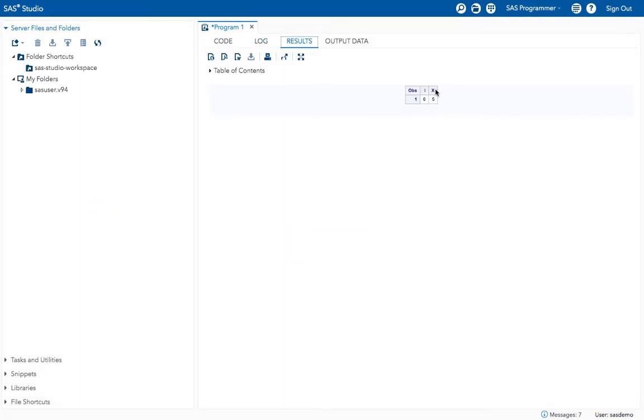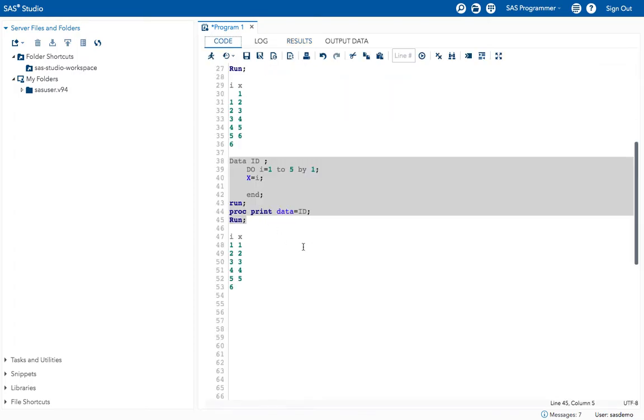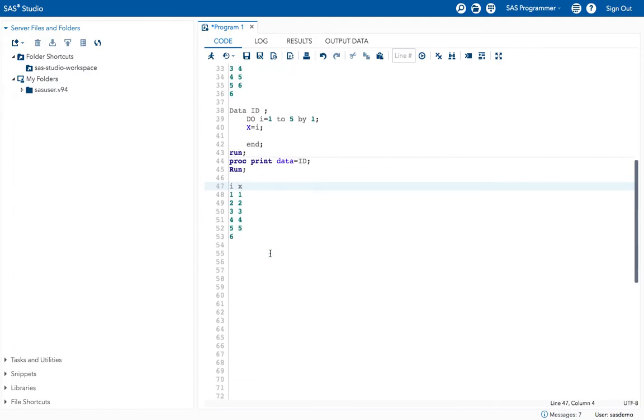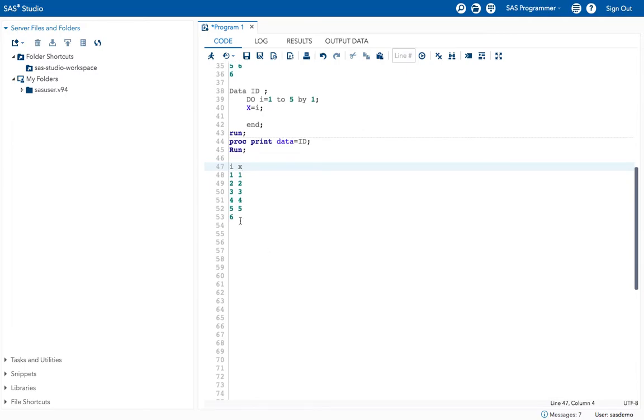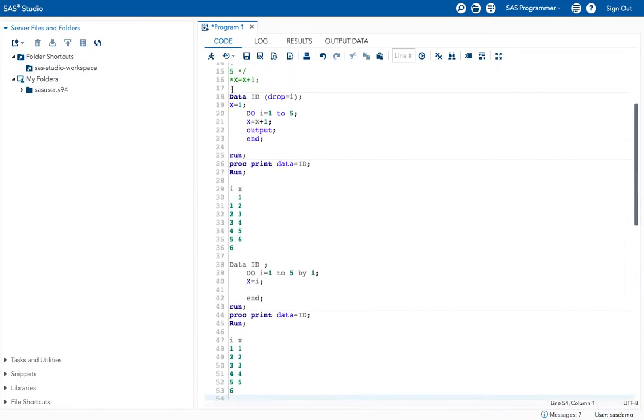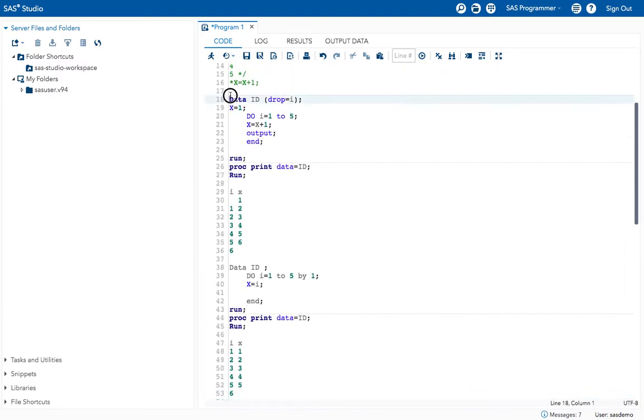See, I got x equal to 5 and the iteration is 6. Okay, at the sixth iteration the condition went false, so it stopped out there. Okay, this is how we can execute programs by using the loop statement. And let's take another example for these do loops. For example, I'm taking the same program as earlier.